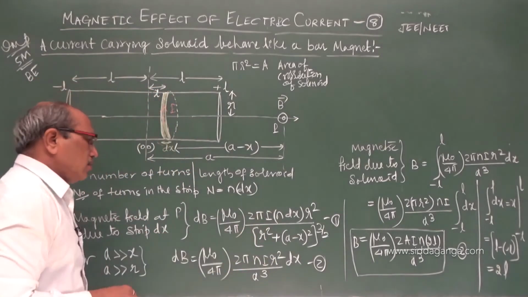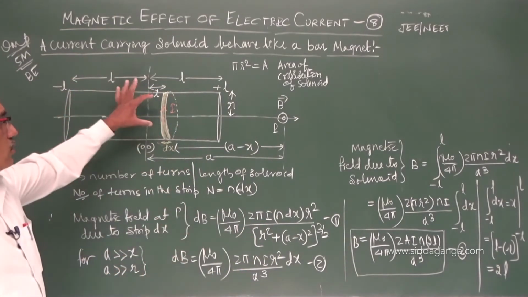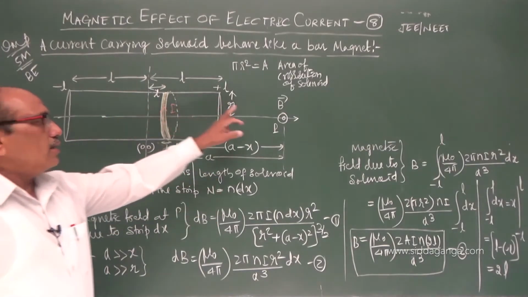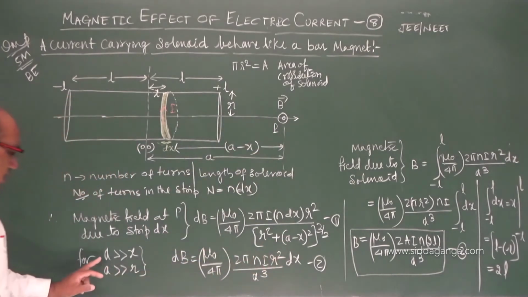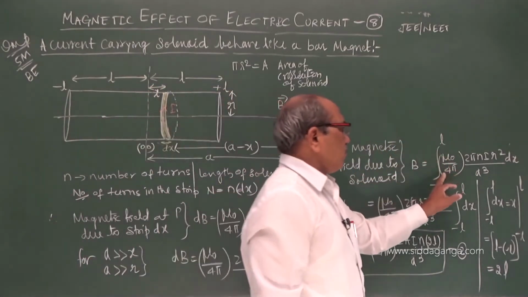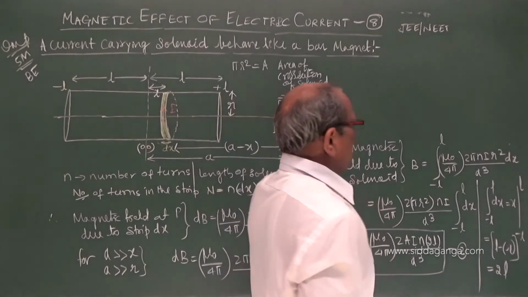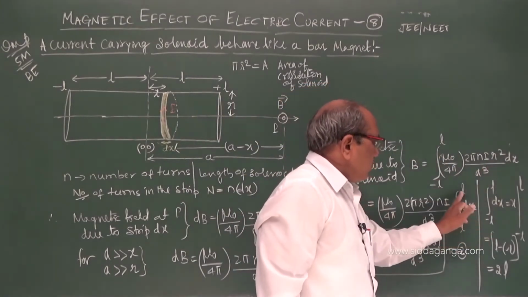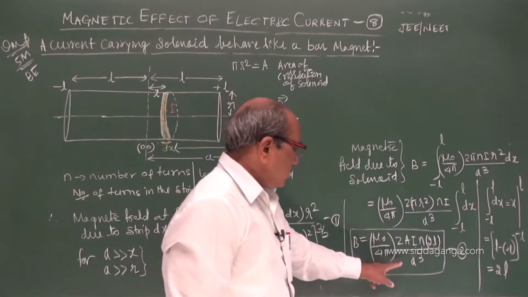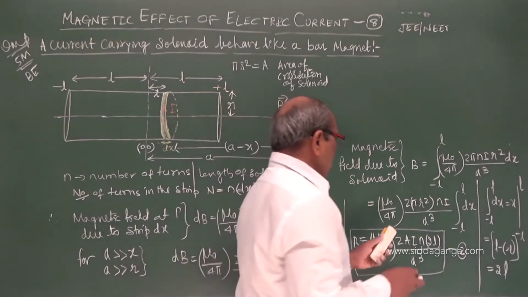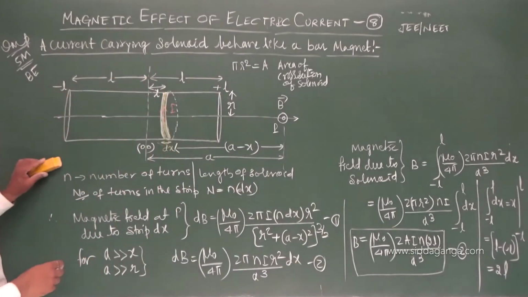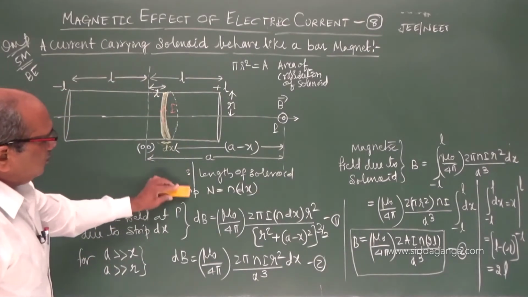We derived this taking the equation for the circular coil having n into dx turns carrying current I, at a distance where a is very large compared to x and r, which are neglected. Integrating for the whole solenoid from minus L to plus L, integration of dx gives 2x, running from minus L to L becomes 2L. This equation we have, I can write for the same. I just remove this much and show here one part.